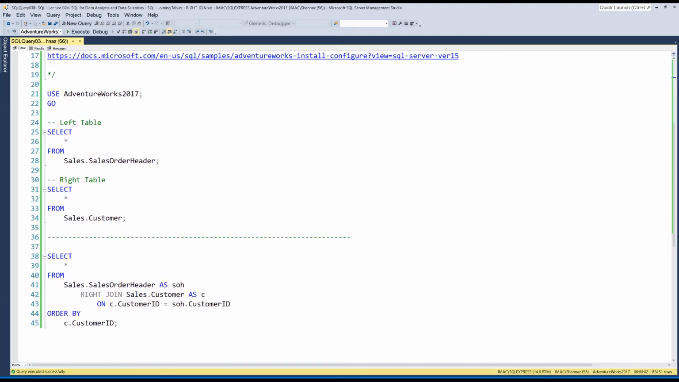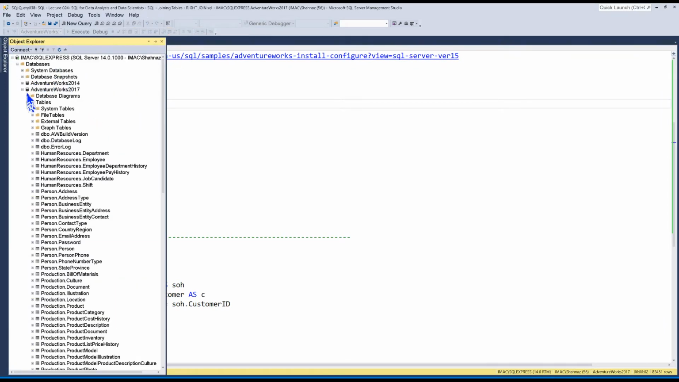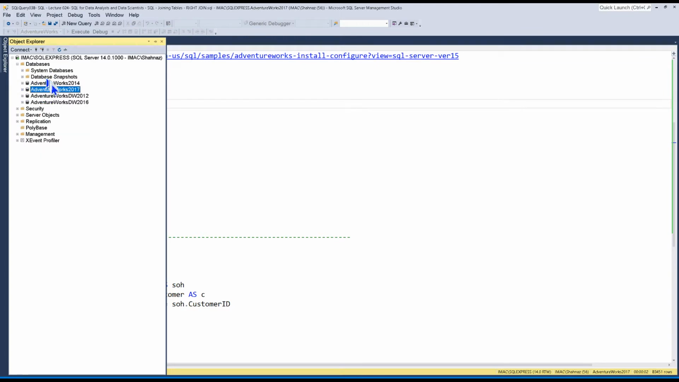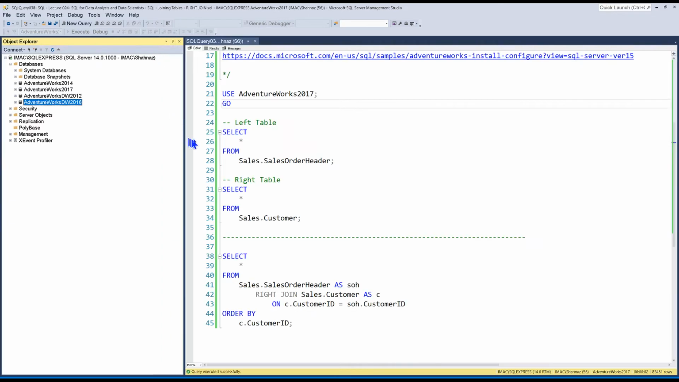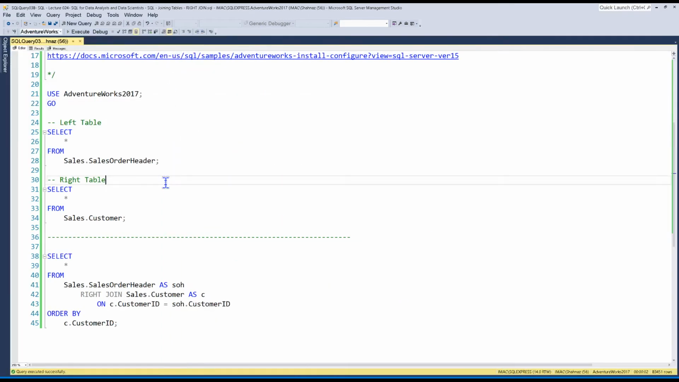So I've written 3 queries. First, I'm just saying that I'm using this database. That's because I have many databases here. If you see, I have this one. I have many databases already in my SQL Server, but